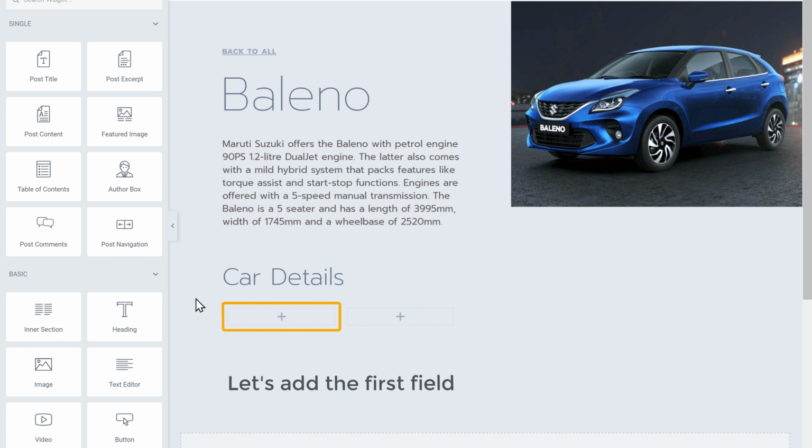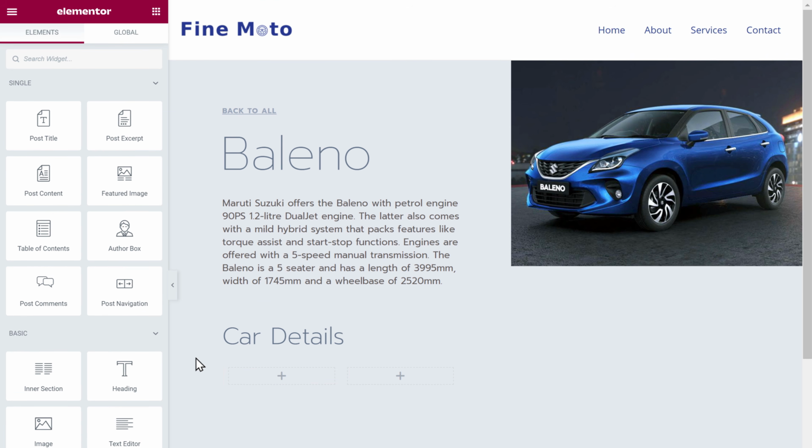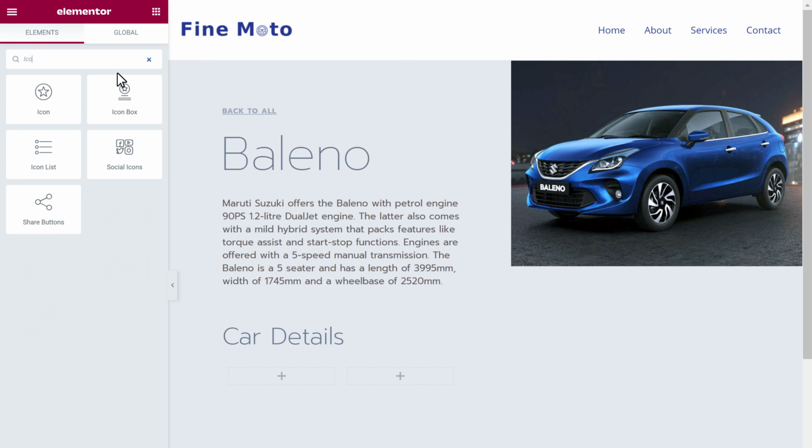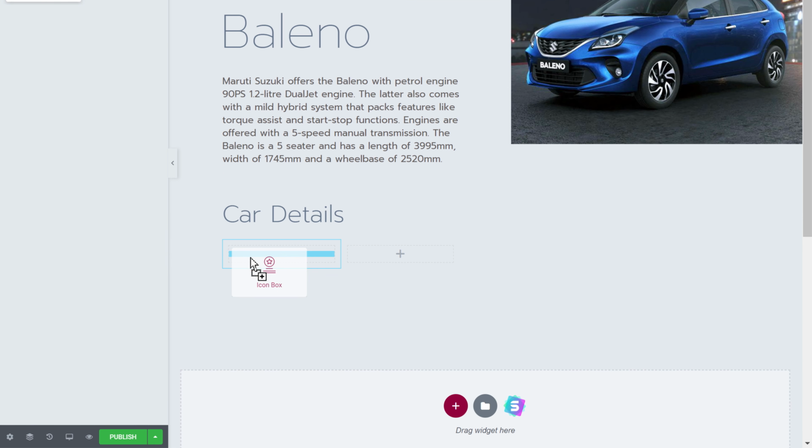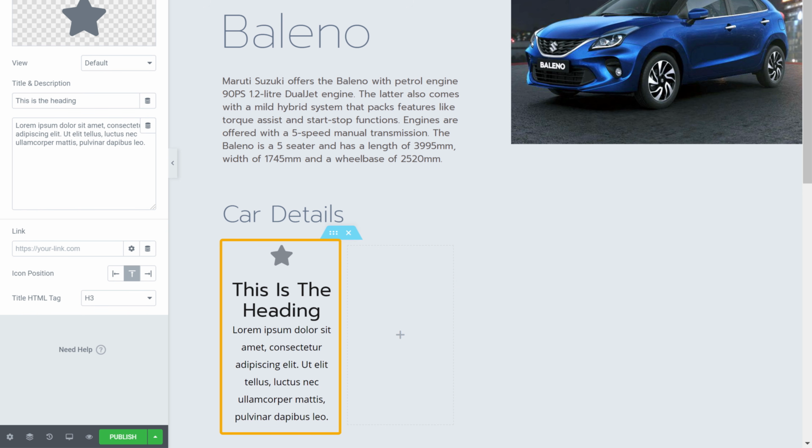Now let's add the first field. So to do that, just search for icon box. Now drag this element and drop it here, and you will get a section like this.